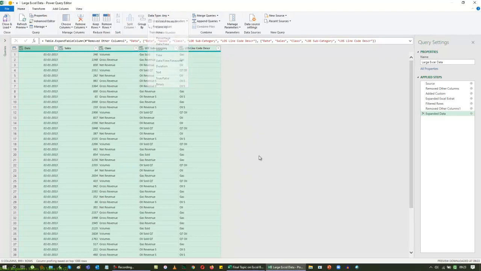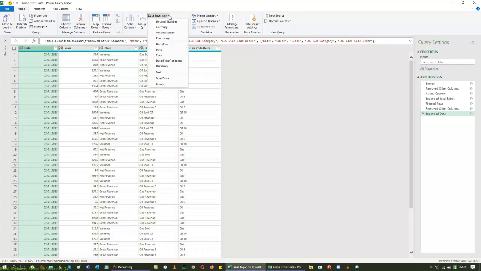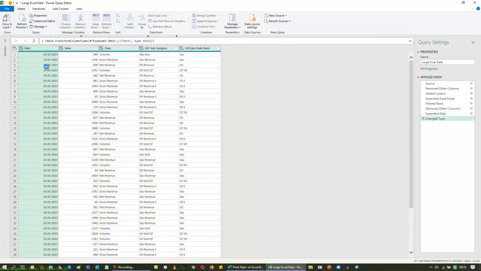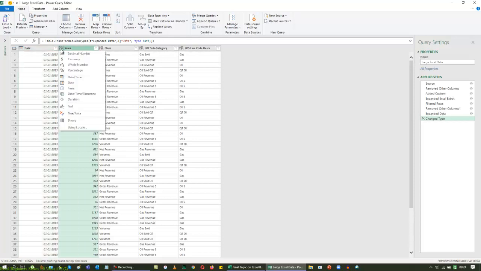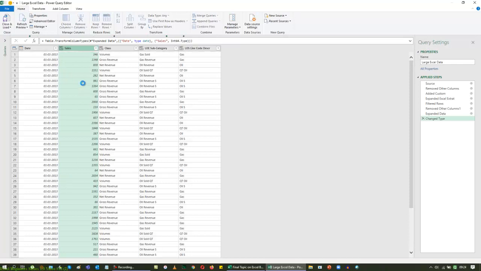So I'm going to pick up each and every column. The first column is going to be a date. So I can just select this column alone and go to my data type and change it to date. So that's going to switch the first column into a date. If a similar column comes in a continuous pattern, you can change that in a faster way too. I can change like this also. When I click this, I want this as a whole number. You can see that this column of sales is converting into a whole number right now.